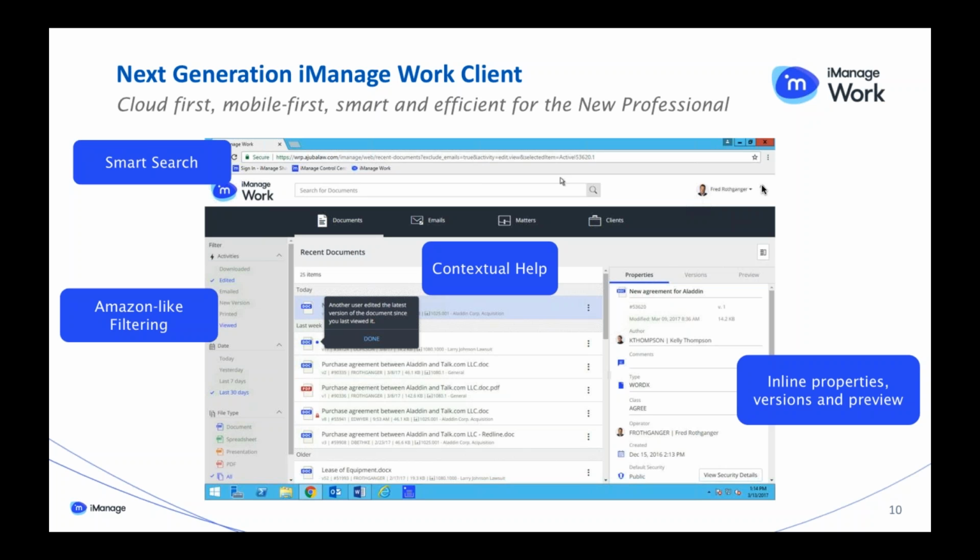We provide contextual help. I talked about being able to use a system with no training or very little training. Turns out the trainers actually get a little irate with me when I say that there's no training. So I'll revise that and say that it's designed to be used with very little training, and one of the things that aids with that is the contextual help that gives you little hints about how to do certain tasks in the system. And then finally, you see on the right-hand side there, inline properties and access to document versions